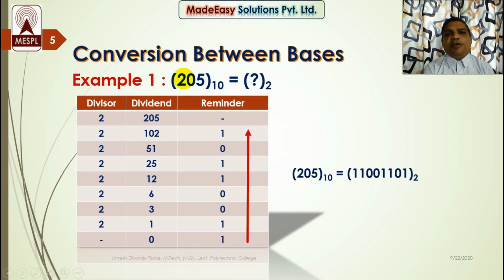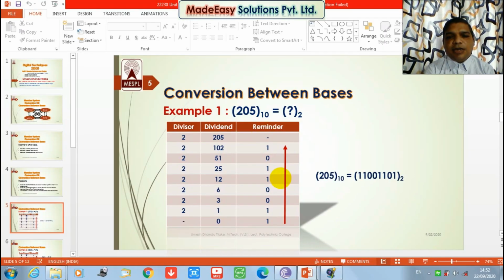See here, the same number which we got in the previous video, that is 205 in decimal, I have considered over here. In the previous video we saw binary, octal and hexadecimal to decimal conversions. In that video I selected such numbers that when they were converted into decimal we got the same answer, 205. So now I have considered the same number 205 and we are trying to convert it into binary, octal and hexadecimal. The number we had considered in the previous video we must get in this video as the answer. So let's check. I can show you.